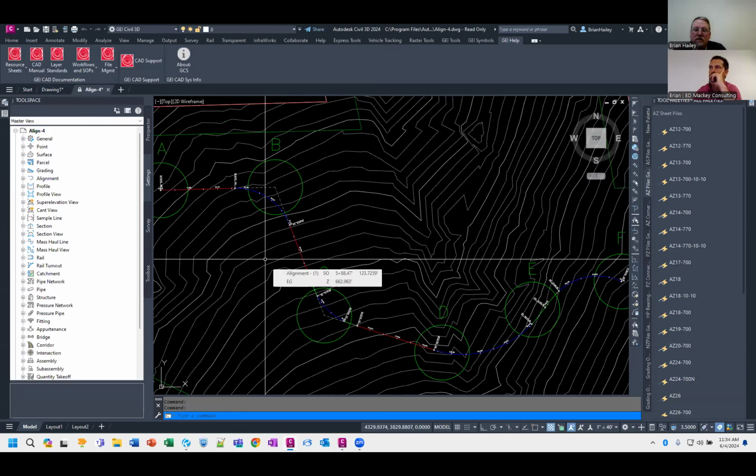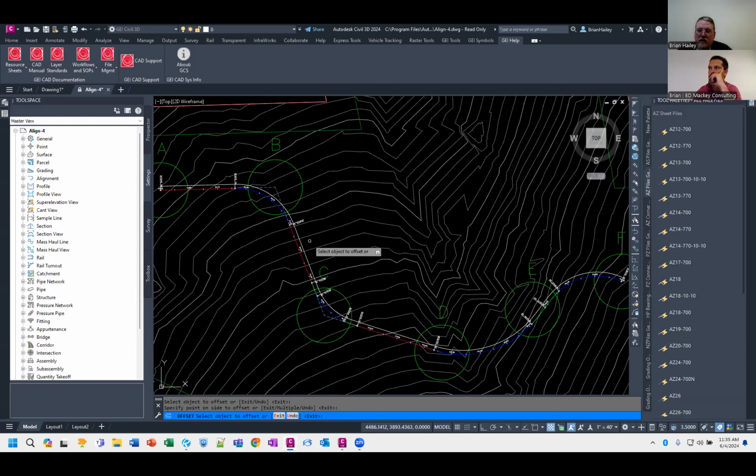Offset alignments are great. So there's two different things you can do. I've got my center line of my road here, and I want to get my edge of asphalt. There's a couple of different ways you can get your edge of asphalt. You can either offset your alignment, or you can create an offset alignment. Those are two different things. You can just use the offset command on an alignment. So I'm just going to use O for offset. Distance, say a 14-foot wide lane, and then I select the alignment and I pick the side I'm going to go to, and it creates